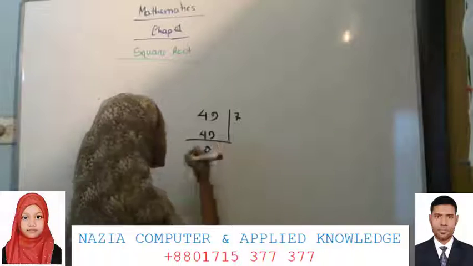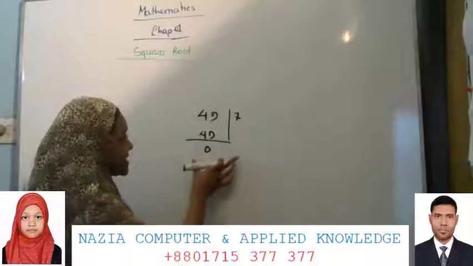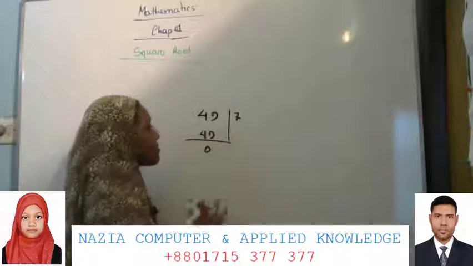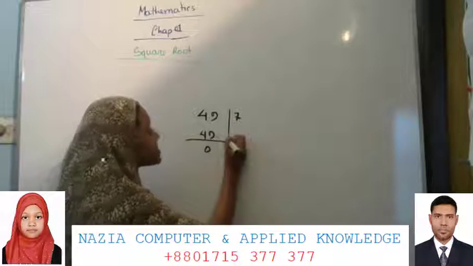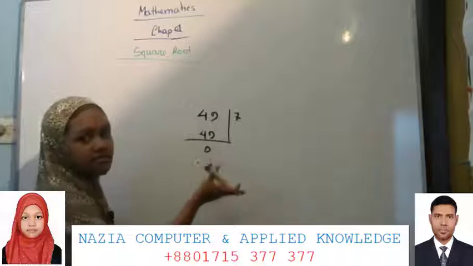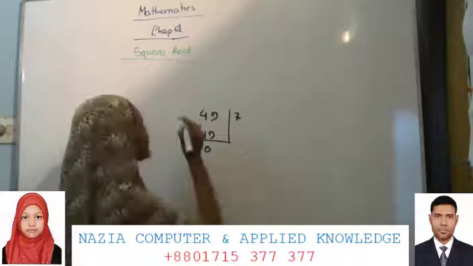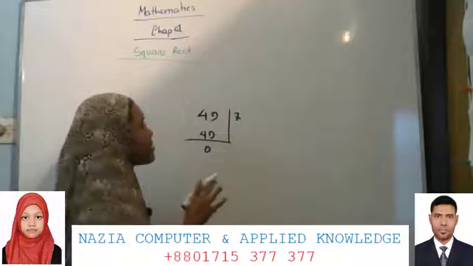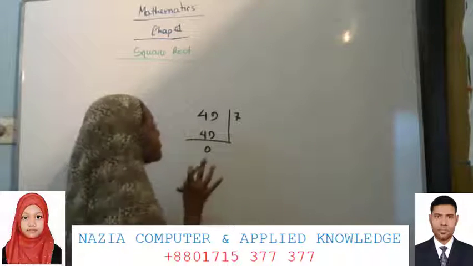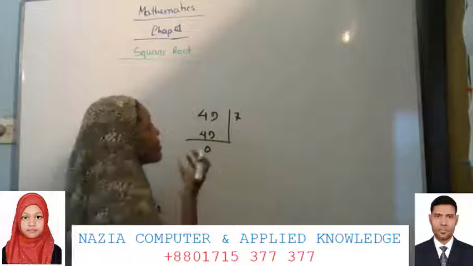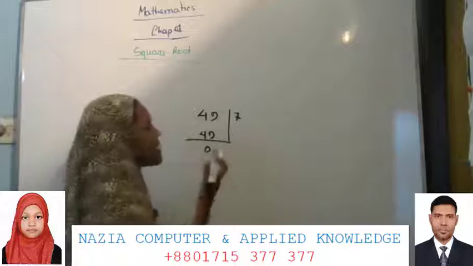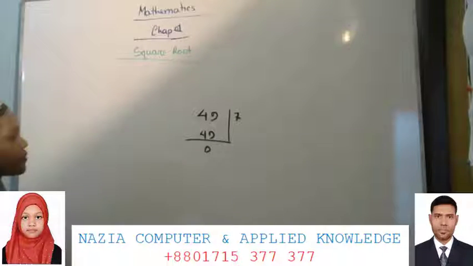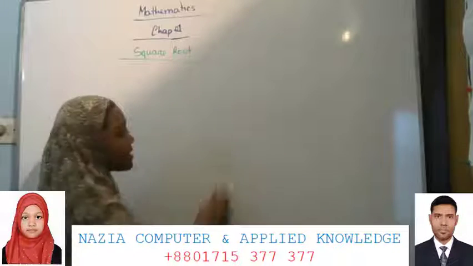Here you can see the name is division method, but not like the division method. Look, 49. As it is for finding square root, so you have to find, not divide. You have to find the square root of 7, 8, like you have to search. Okay, so let's come with